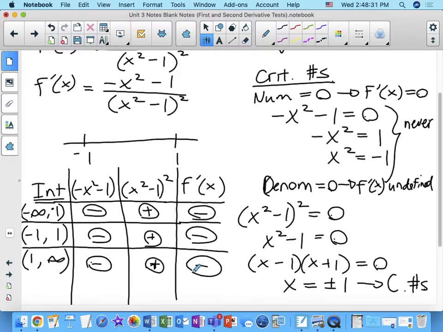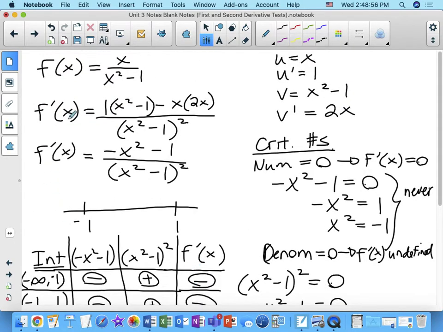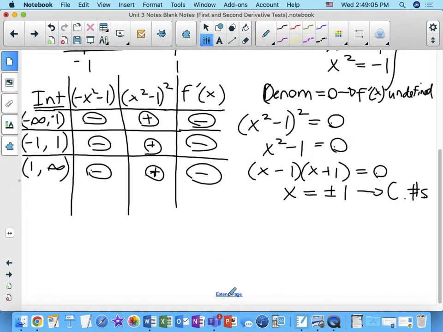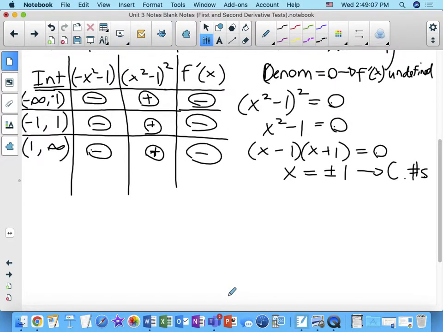Now, what does that mean about where it's decreasing? Well, we can't say everywhere. We can't say it's decreasing on x as an element of the reals because there are 2 points of discontinuity. There are 2 points in the original function where the function is undefined, right? When x equals 1 and negative 1. So this function is decreasing